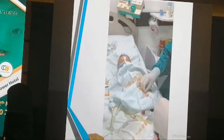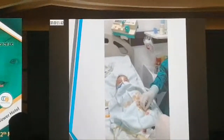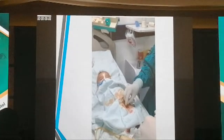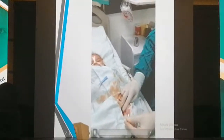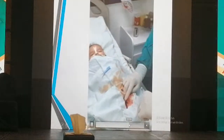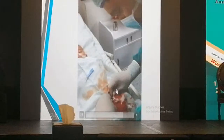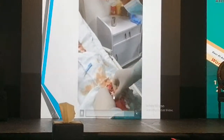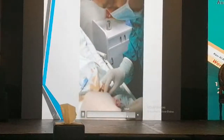This is an example of insertion of a PICC line. I would like to show only that it is inserted using what we call a peel-away sheath. This is the sheath inserted over a guide wire and the PICC line, and then I peel the sheath. This is through the lower limb great saphenous vein, and after peeling the sheath,